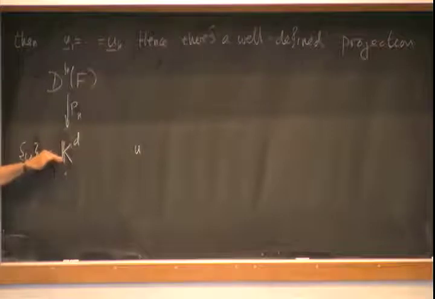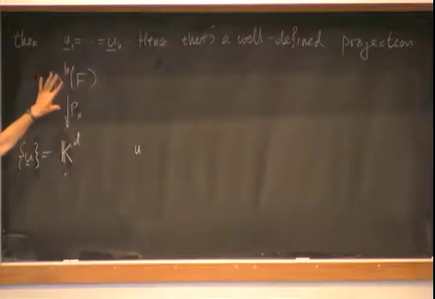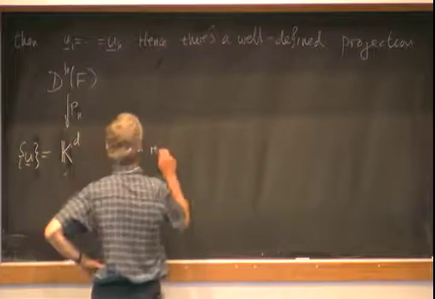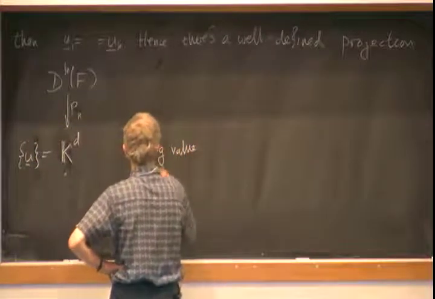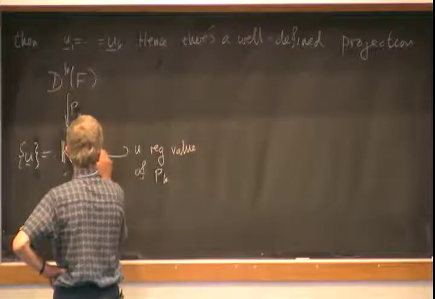Sard's theorem tells us that most points here are regular values. So if I take a regular value of this map, what I get is, well, the pre-image is smooth, and so it's a smoothing of the original D^k of F. So if u is a regular value of p_k, then